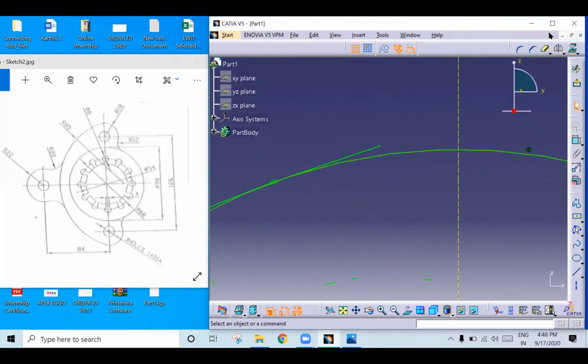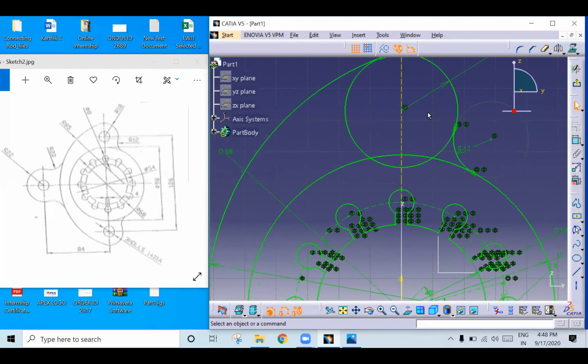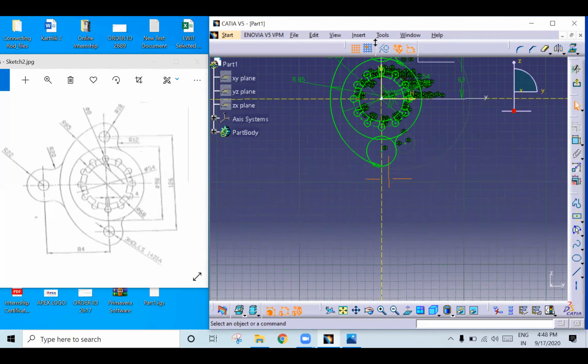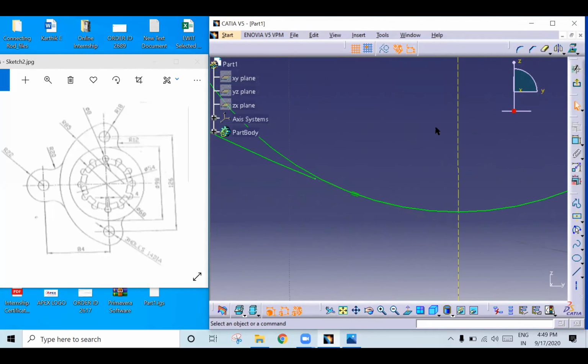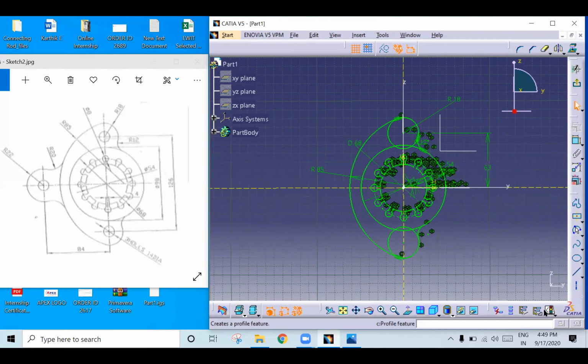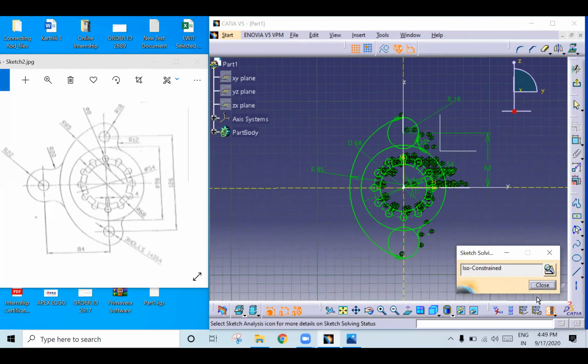What you need to do is trim. Now again it is showing here, so you just take this point and move, and trim it. Now check the ISO constraint.